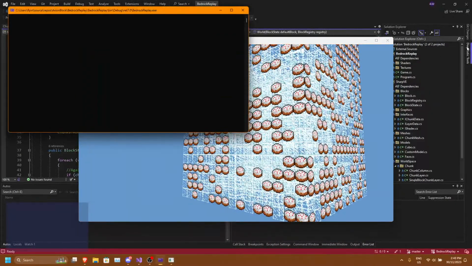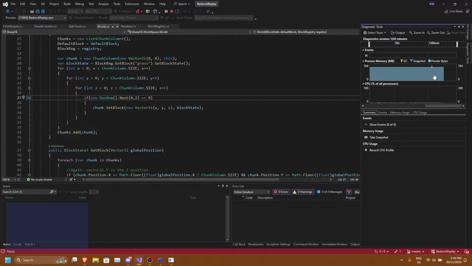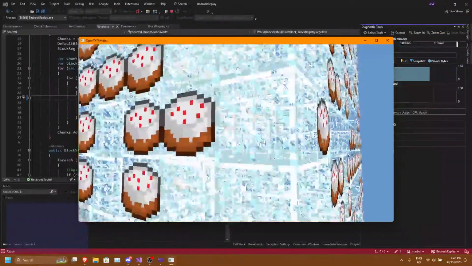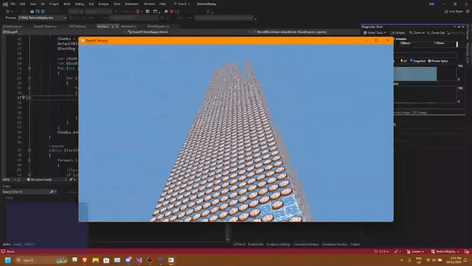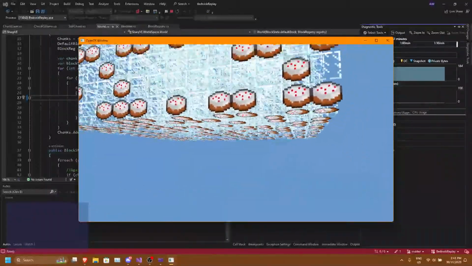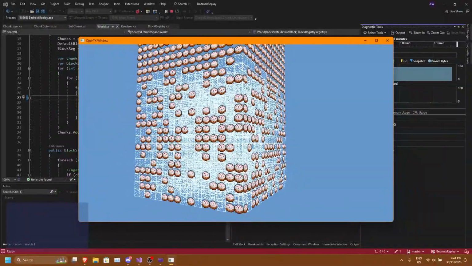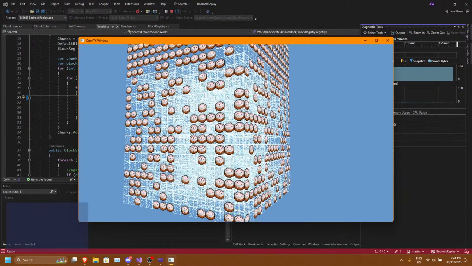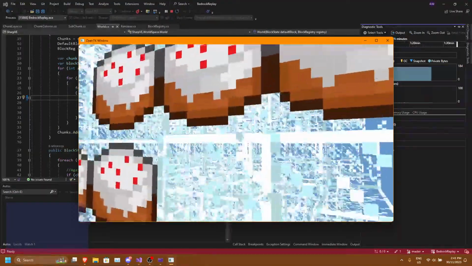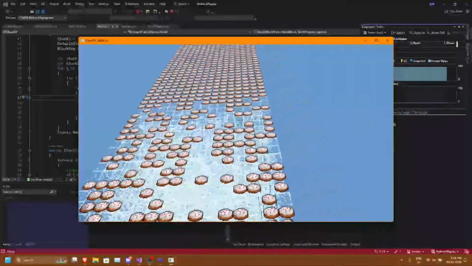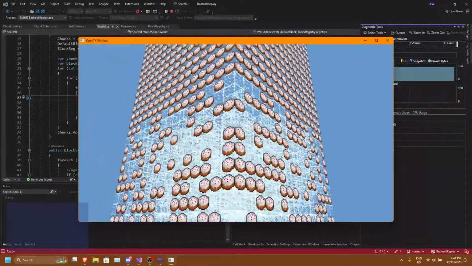Wonder what else. How much is this taking? 150 megabytes. So not a lot, luckily. And we're only doing a couple of draw calls for this. I'll have to optimize this a bit later, but yeah. This is probably one of my best achievements so far on this. I got this rendering to work.